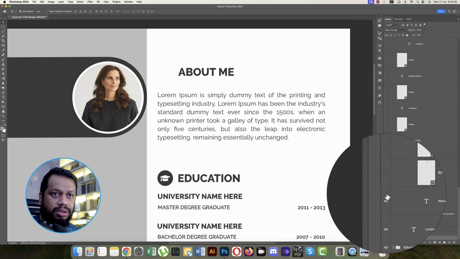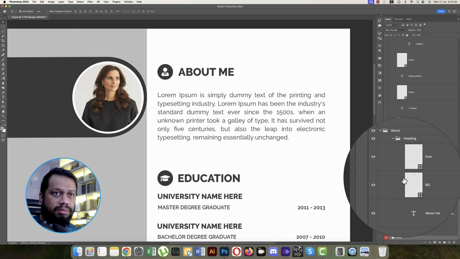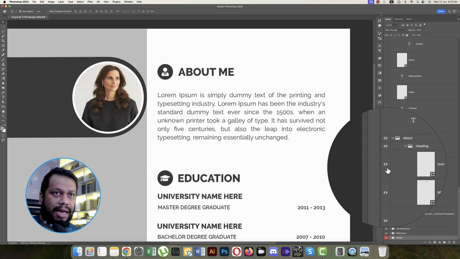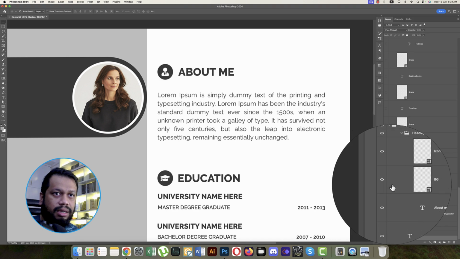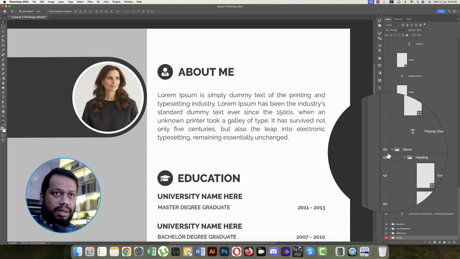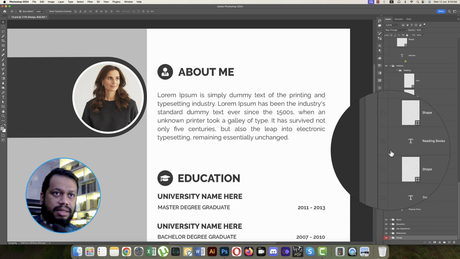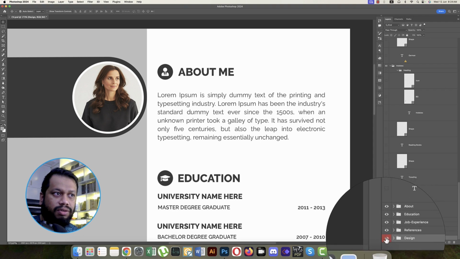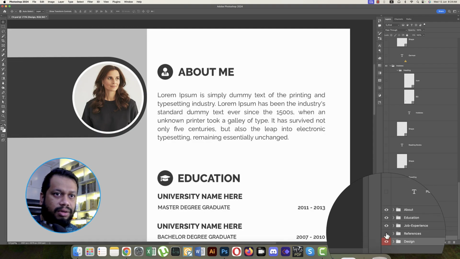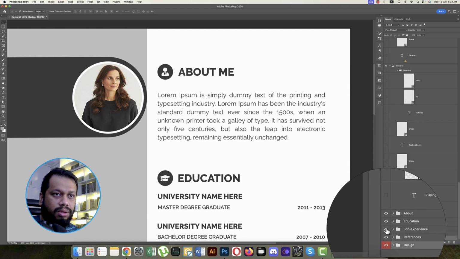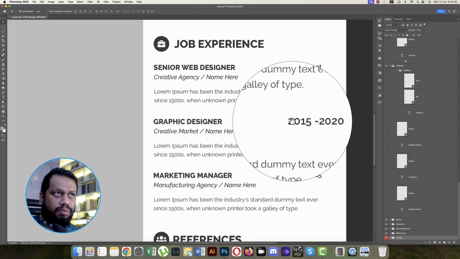About you, actually about me, you can write that down. So here is also the icon and heading. Here is the heading like that. Here is the icon and shape, and that is good. And that is the about section. So we covered the design, actually the full design, and the reference, then job experience in the lower portion,